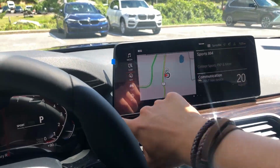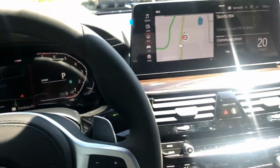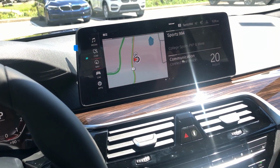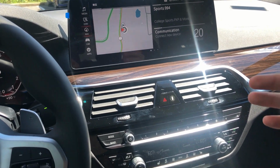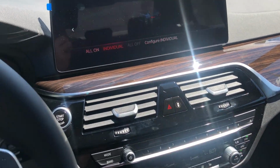So this is a massive 12.3-inch display now. It matches the virtual cockpit that they both upgraded as well. And you know, it's your typical iDrive. Not much has changed. There are a lot more connectivity features, some improved navigation stuff with 3D. And this one doesn't have the full safety suite, but if you press this button right here, it'll go to